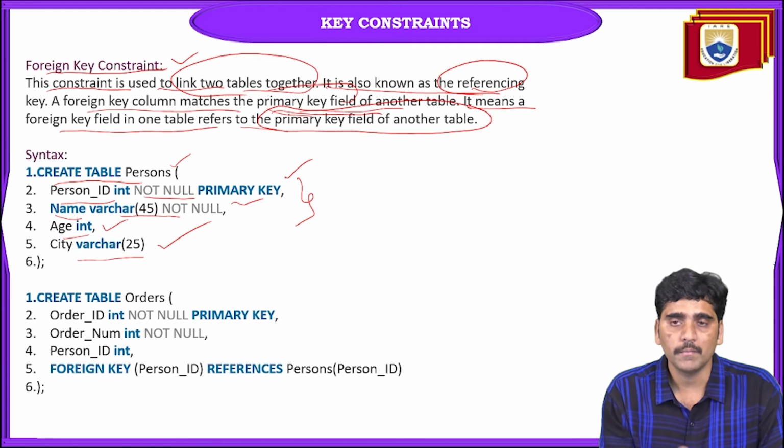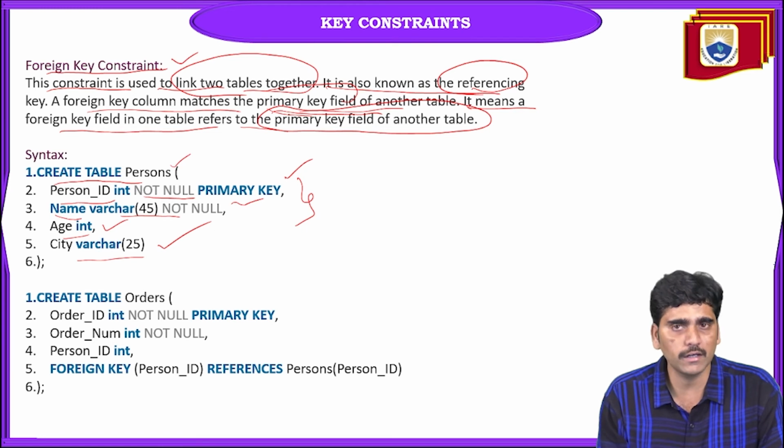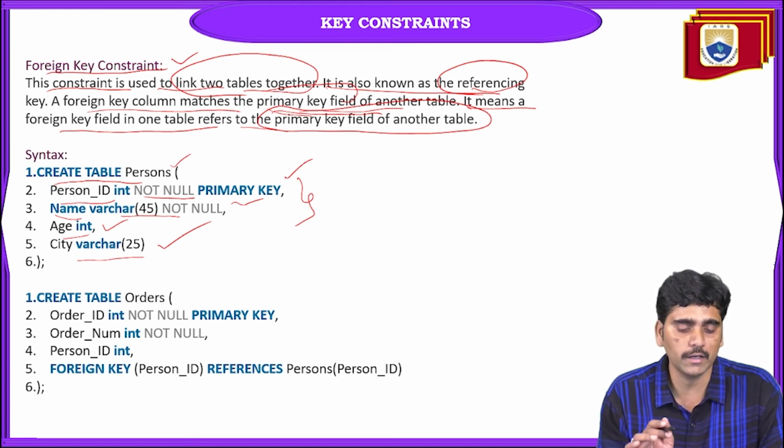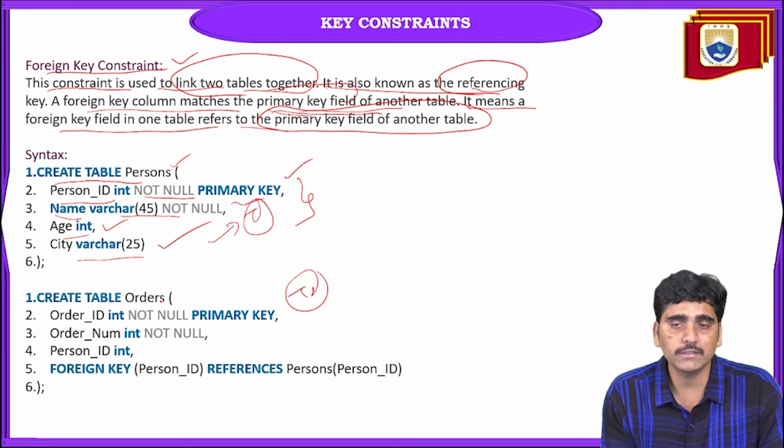Right? That means person ID should be primary key. That means it doesn't have any duplicates and it contains auto generated numbers, that is nothing but auto incremented numbers. And this is the table 1 and this is the table 2. So for this table 2, orders is the table name and the order ID is not null primary key and